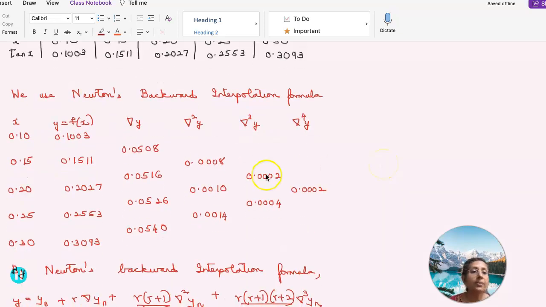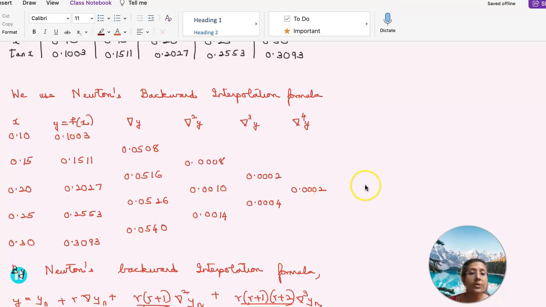So we make a table with x and f(x), and the backward difference: this is 0.1511 minus 0.1003, which is 0.0508. Likewise, we calculate the differences and write them in between. Again, here we take the difference 0.0540, 0.0526, write this in between, and likewise for del cubed y, write the difference here,